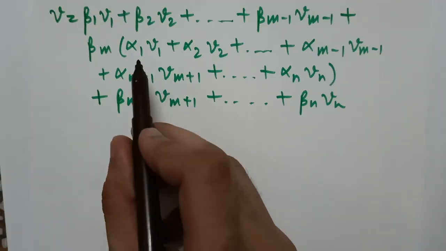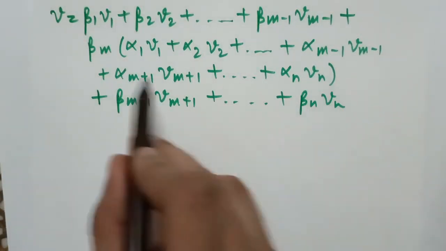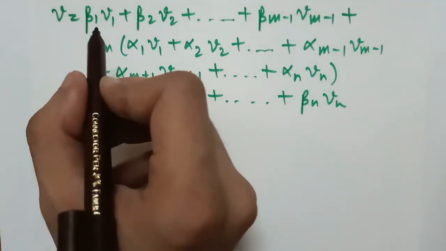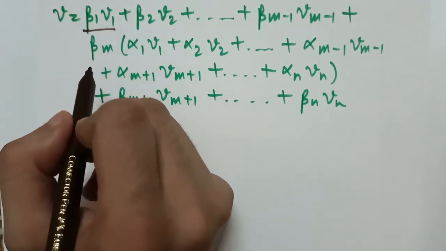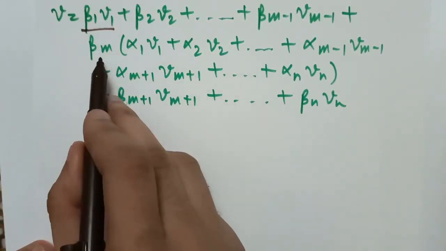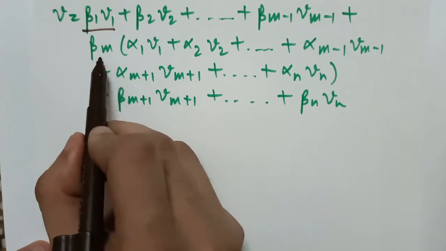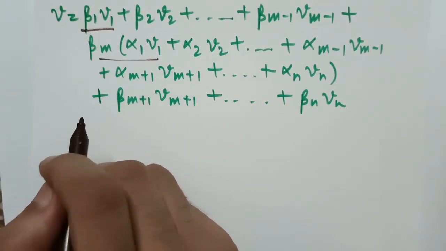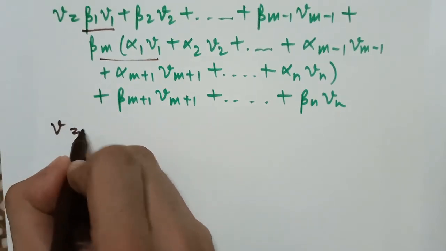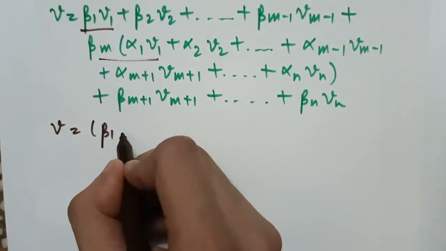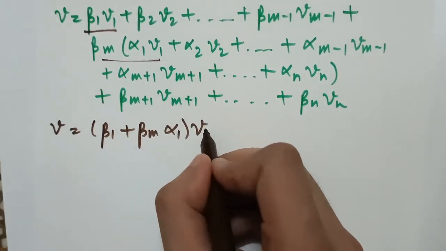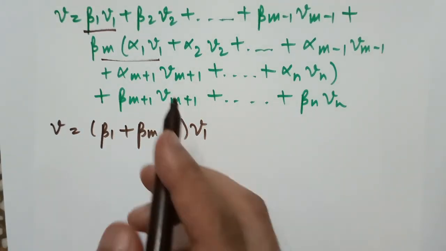After substituting the value of Vm, V becomes this, and now let's just solve it further. See, here's a term in V1, and when we multiply beta m into alpha 1 V1, this will be a term in V1 too. So why not just take V1 common? So V will be equal to (beta 1 plus beta m alpha 1) V1,